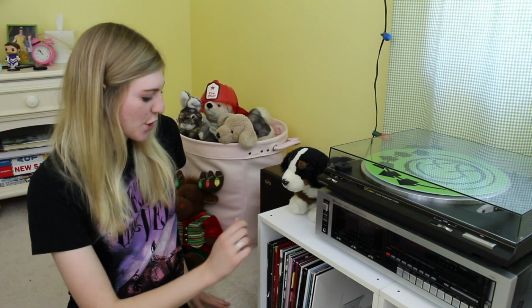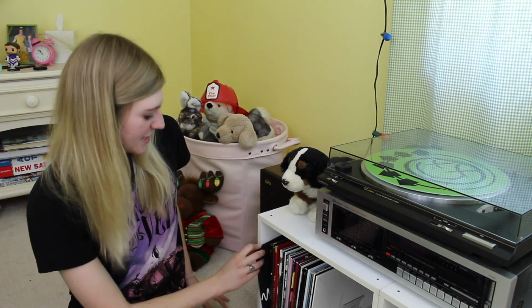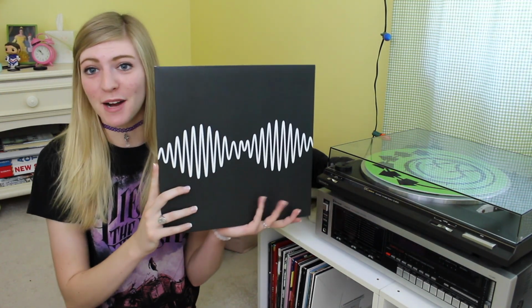I'm just gonna tell you all the records that I have, and probably say my favorite songs by each of them, and of course show you the records because pretty much 90% of my records are really cool colored pressings, so I'm excited to show them to you guys. So here we go. So starting over here at A, obviously, the first record that I have is Arctic Monkeys